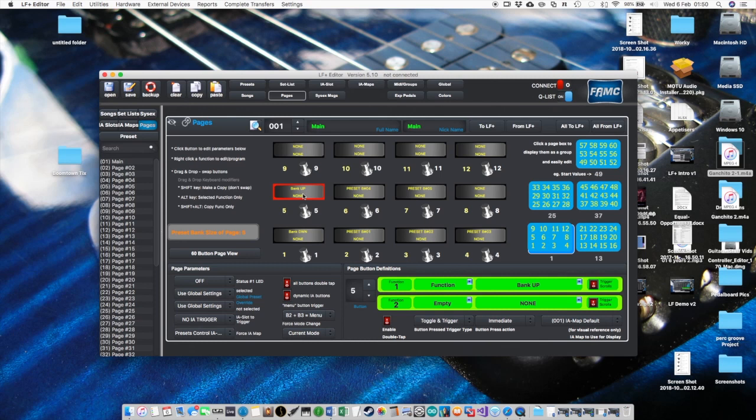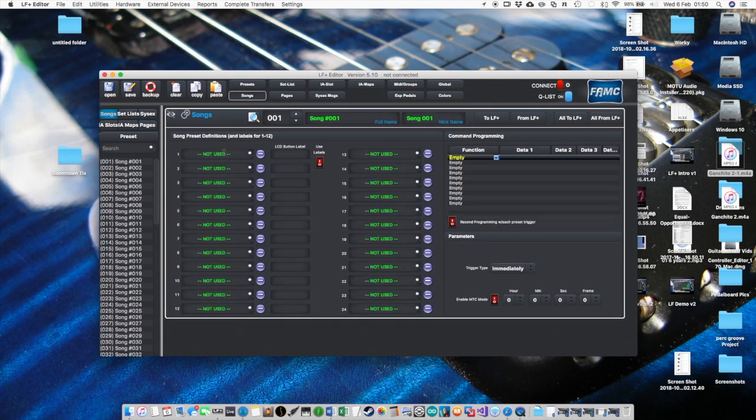What I really want to do is have it set up so that when I'm in a particular song, I might always want clean crunch and lead, but I might want some different buttons here, say, for the particular song, or I might want a different clean crunch and lead. So what I'm going to quickly do is go on a detour here and actually go off into song mode and explain that. Now, if you go and look at songs